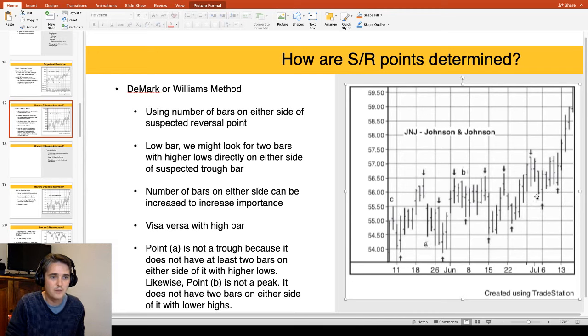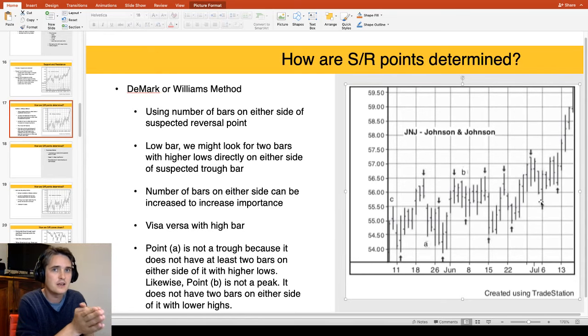Right. So this has a low in this bar, and we suspect that it is a suspicious looking support level. So we look at the bars on either end of it, and we look to see whether they have higher lows than this bar. That one's low is higher than this one, and that one's low is higher than this one. So yes, that does look like a reversal bar. That could be a support level forming here, right? Or a support point, at least, that is forming here.